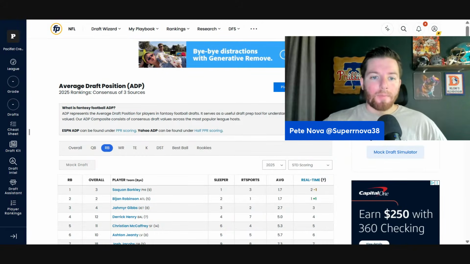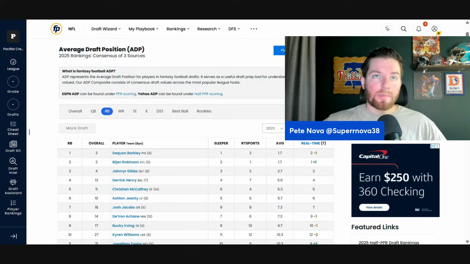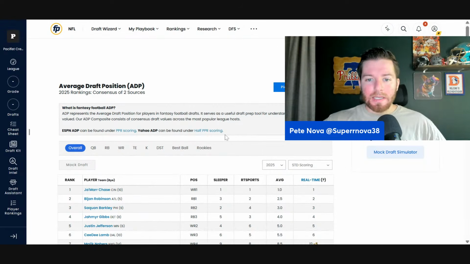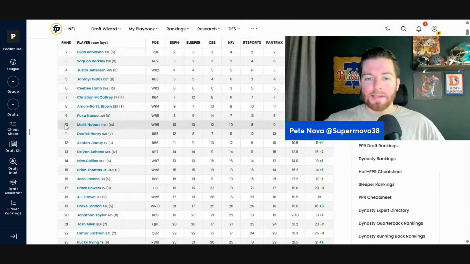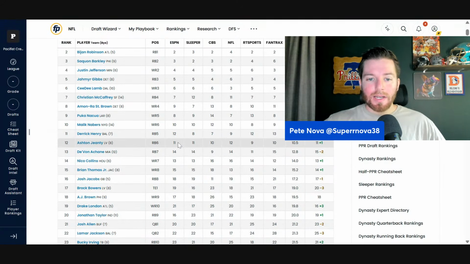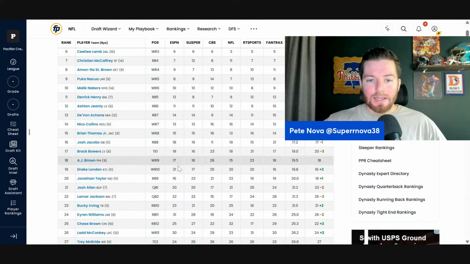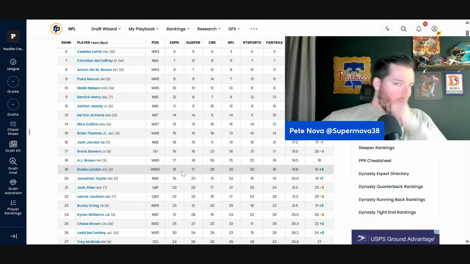Okay. So let's take a look at some of the overall ADPs here. Now, I would say that to me personally, I think ESPN is probably the most exploitable site to use when it comes to fantasy points and where their ADPs are. So if we look at ESPN, for example, and you look at a lot of these outliers here, right? Drake London, for example,